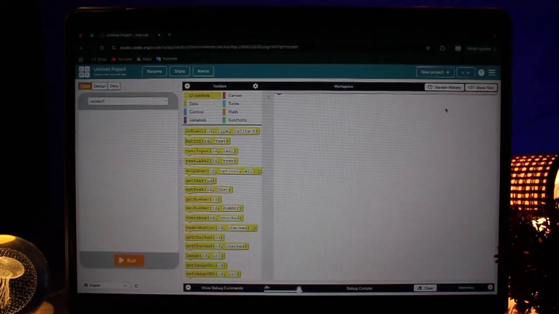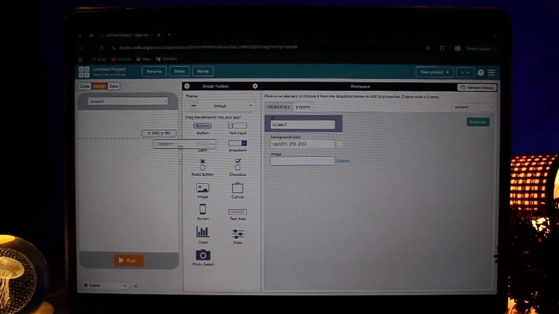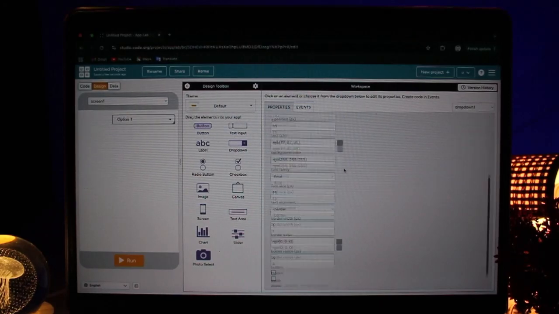Now go to the design tab on the top. As you can see, here is the design tab. You can simply click on it. From the toolbox on the left, drag a drop-down element onto your app screen. Here is the screen, and you can simply drag it over here, and this will create a drop-down option